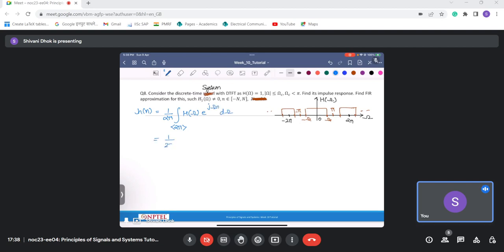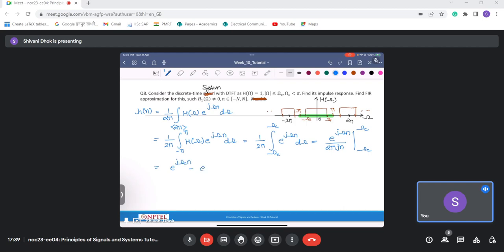This can be written as 1 by 2 pi integral, let's say the interval is from minus pi to pi, H of omega into e power j omega n d omega, which is equal to 1 by 2 pi integral. Now if I consider this interval from minus pi to pi, this is non-zero only from minus omega c to omega c. So I can write it as minus omega c to omega c H of omega, which is equal to 1, into e power j omega n d omega, which is equal to e power j omega n upon 2 pi j n from minus omega c to omega c, which is equal to e power j omega c n